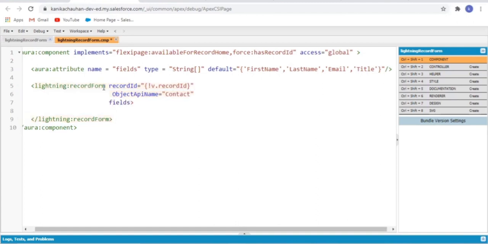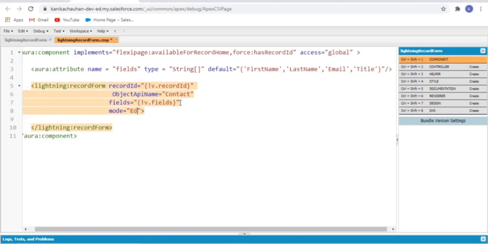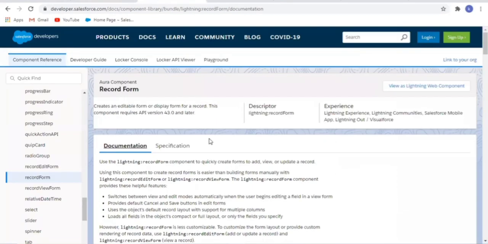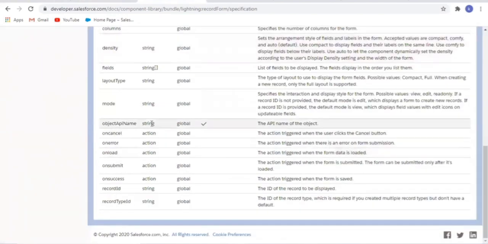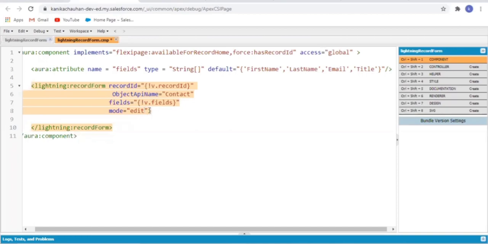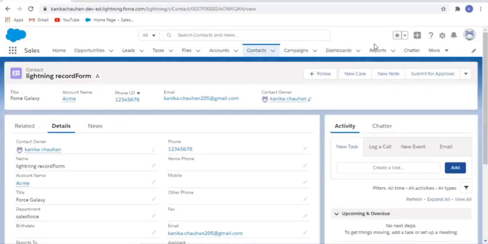Next we are going to use the fields attribute. This is to pass record fields as an array of strings. As you can see above, we have already defined our string array, so we are just going to pass it over here. And the last is mode. This is to specify the behavior of my record form, and I want it in the editable mode, so right here, edit. This is all we needed to do with our form.